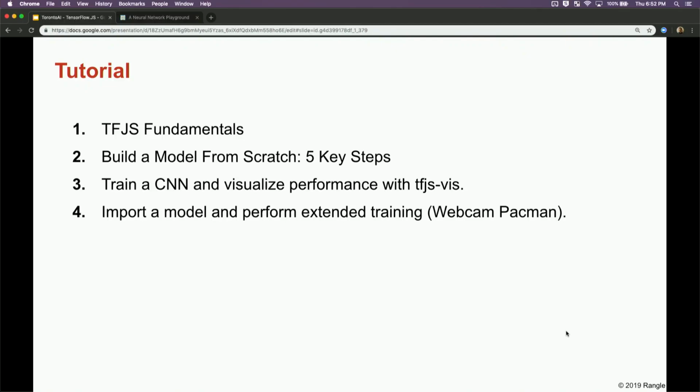TensorBoard does not exist for TF.js, but there's another tool called TF.js Visor that accomplishes a lot of the same functionality. In fact, I would argue it's better in some respects than TensorBoard. So I'll show you how to use that.